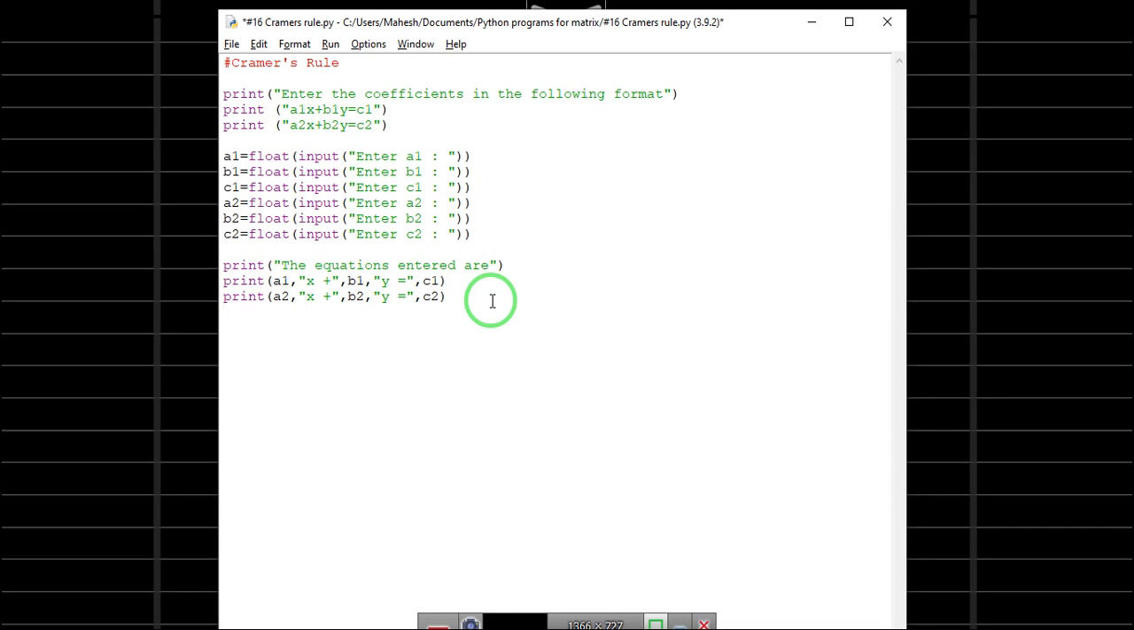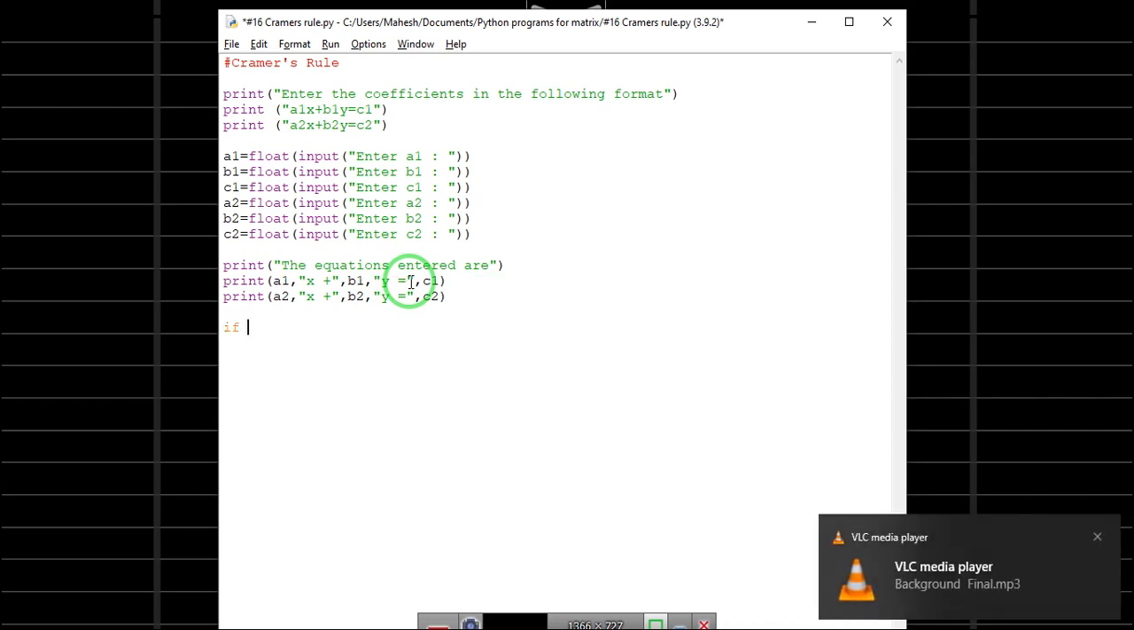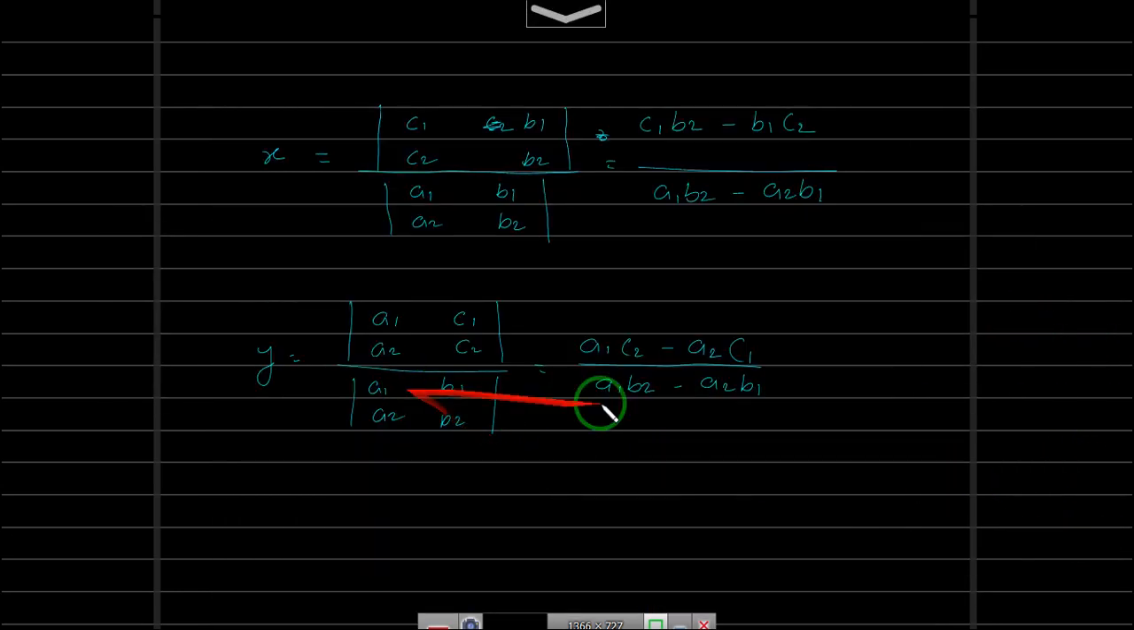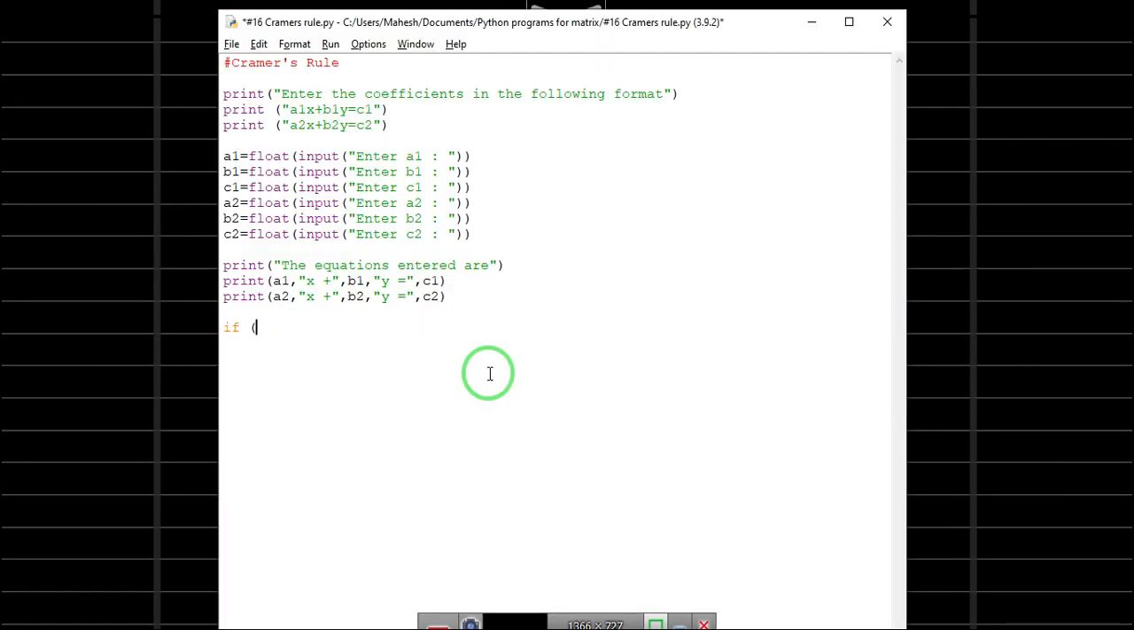Okay, so we have already printed the two equations. So if the determinant, and how is the determinant? Determinant is a1 b2 minus a2 b1. So if a1 into b2 minus a2 into b1 equals 0,